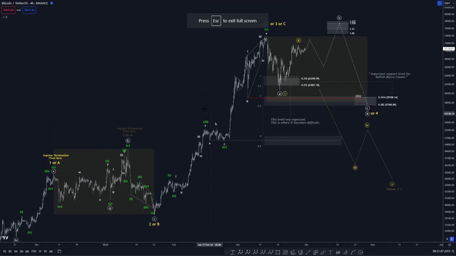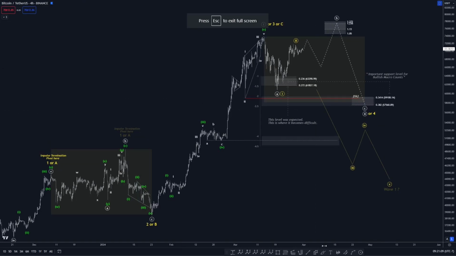So as of right now, nothing's really changed from a time perspective. We still believe this correction to continue to correct for at least until the end of April. That's the guideline. From a price perspective, there's many different paths that price can take now because of us completing that 3-wave correction and building off of that, which I'll discuss the variations here very shortly.